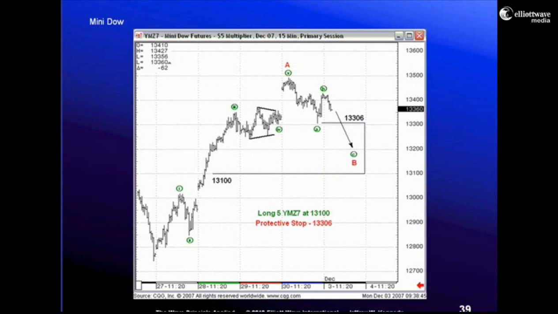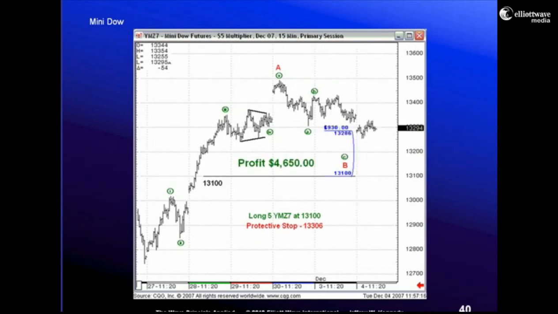Well, here was the trade I actually outlined. I got in at 1310. Currently, my protective stop's at 1330.06. Let's see what happened. I got stopped out. It was still a profitable trade. But moreover, let me go ahead and bring an aspect of this price chart. Notice that I didn't buy right here. Also, notice I didn't sell right here. Many new traders want to do just that. They like to get in right at the low, and they like to get in right at the high.